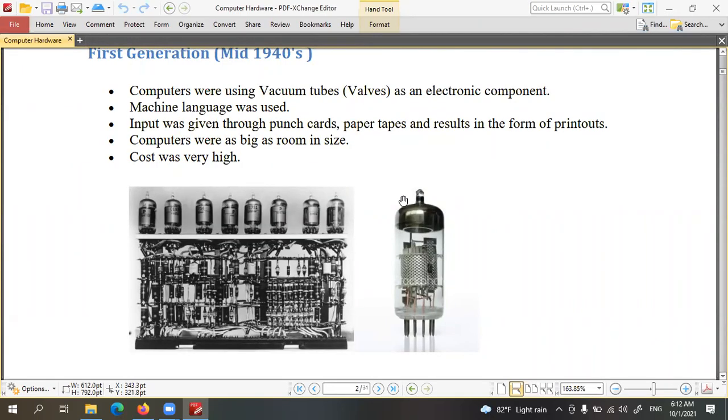So this one is a vacuum tube. You can see the image. Using this vacuum tube, the computer can take a very small decision. Normally in digital computing, there are three basic decisions.